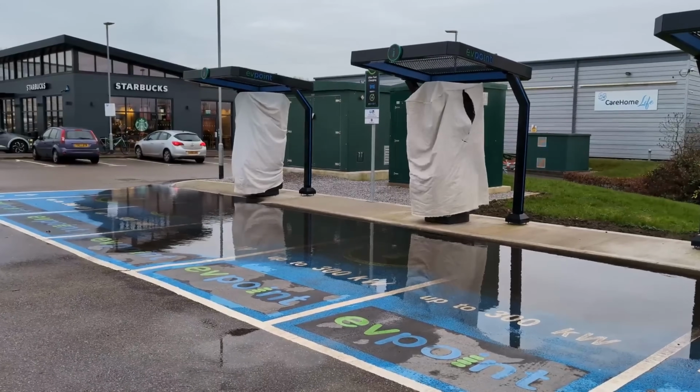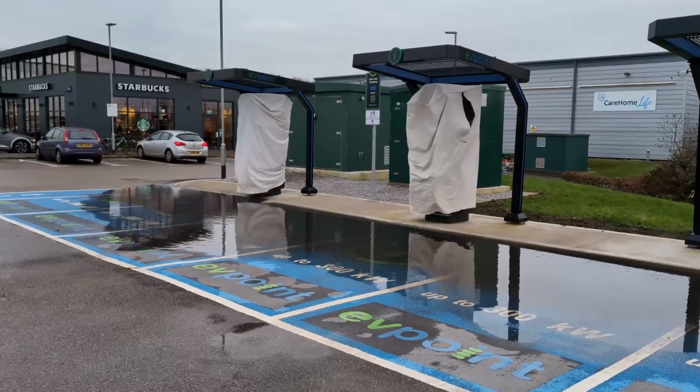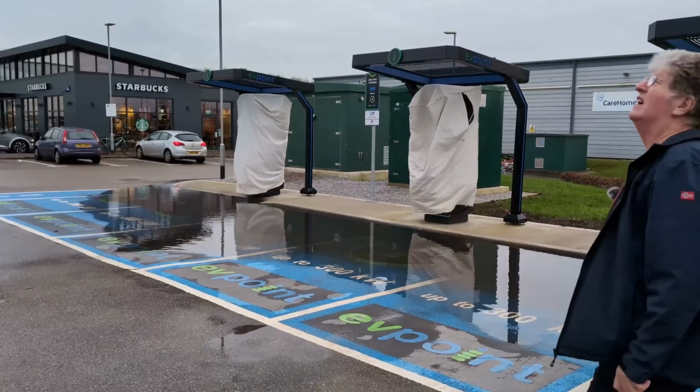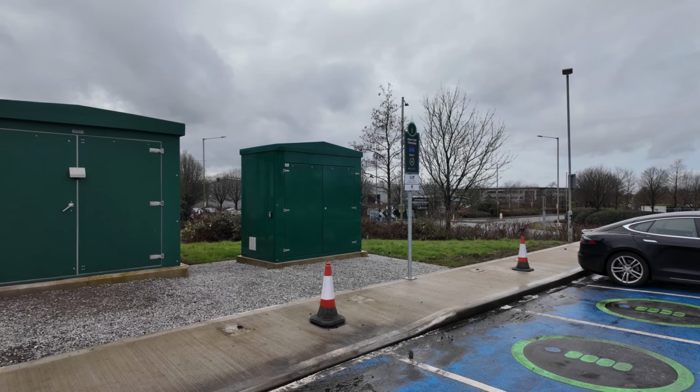Apparently there was a little bit of land subsidence, the ground subsided, and it was a cause of major flooding. We did a video at the time, it's like a big swimming pool in front of it. Well, they had to take everything out and dig up the ground, start again, put in proper drains. And when they came back, EG, Euro Group,